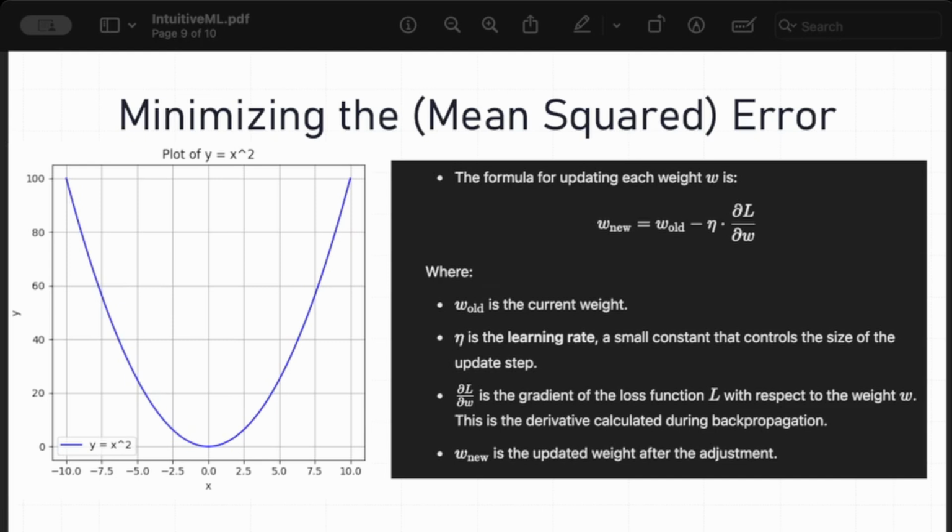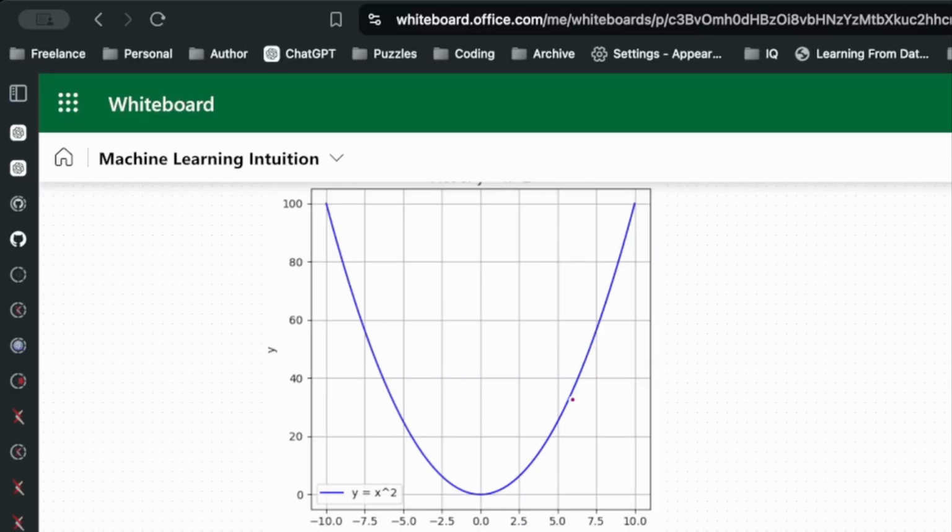Now, how are we going to adjust each of the weights? This formula may look a little complicated with that right-hand term. What it actually is is a partial derivative, and I'm going to switch to the whiteboard here so we can illustrate what that is. Okay, let's say we've trained our network, and our current error is right there at that dot. So the derivative is the rate of change. It's the rate at which, when we change one of the weights, we see what effect it will have on this error value. So you're essentially calculating the slope of this line that's going down this way.